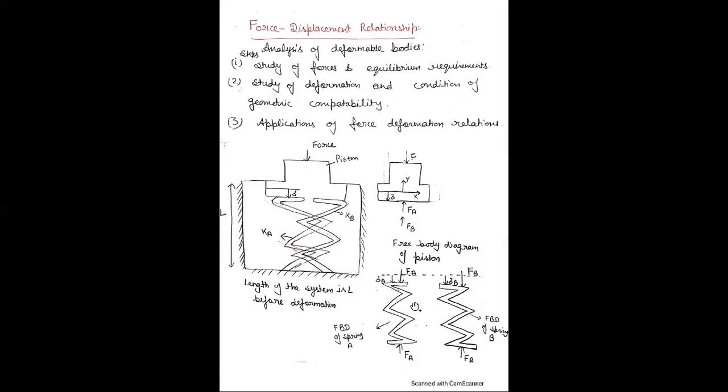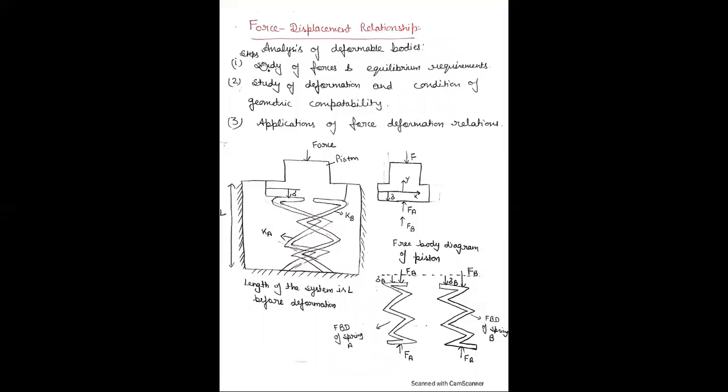Now the free body diagram of spring A. Remove all the supports. This is the deformation delta A in spring A. Fa is the perpendicular force, due to this support. And this is the free body diagram of spring B, with deformation delta B, and this is the perpendicular force Fb, which is the force due to this support.